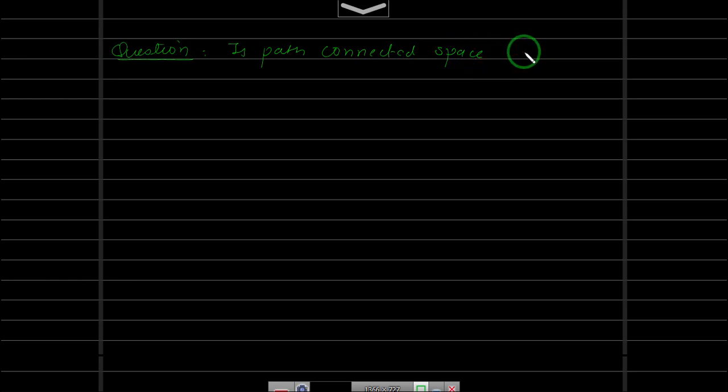Because already we have proved that every path connected space is connected.